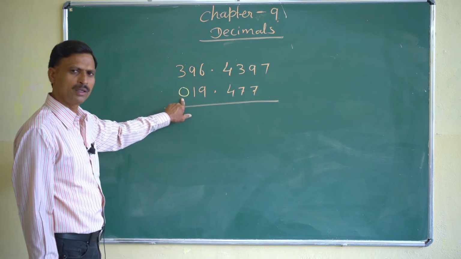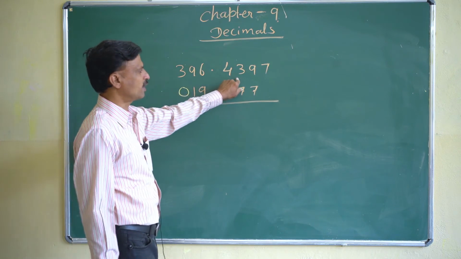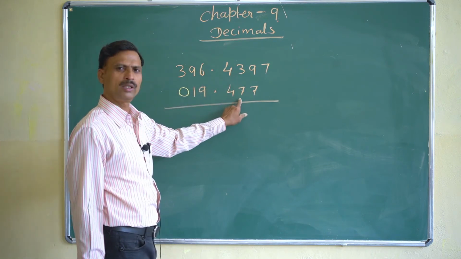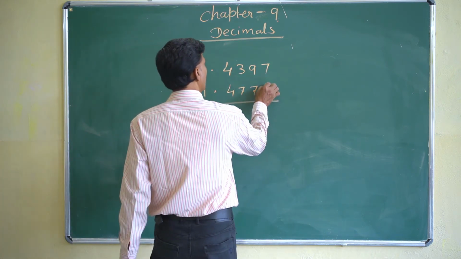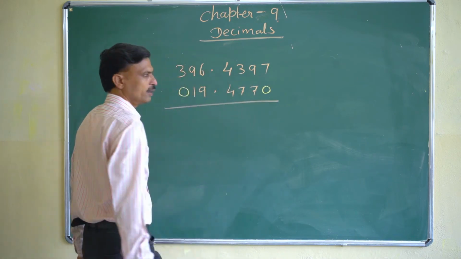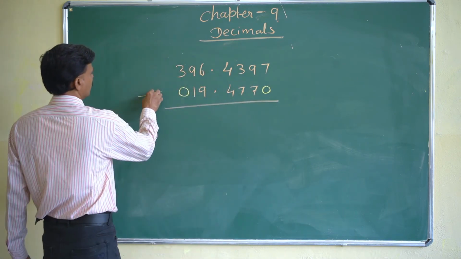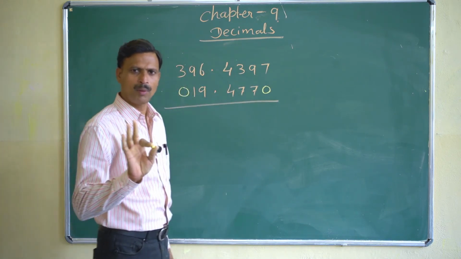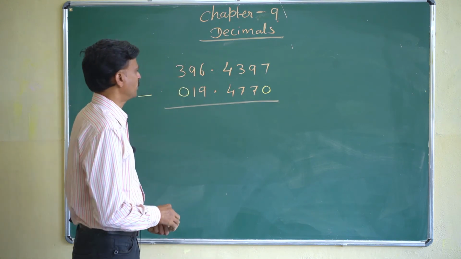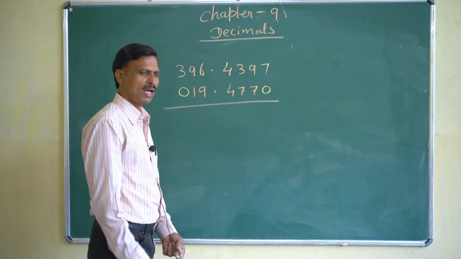So we are keeping here 0, and after the decimal it has 4 digits, and this one has only 3. So for converting into like decimals, we'll put a 0 here. Now we'll subtract. Okay, any problem? No, right? Now start subtracting. The way is the same as we are subtracting.